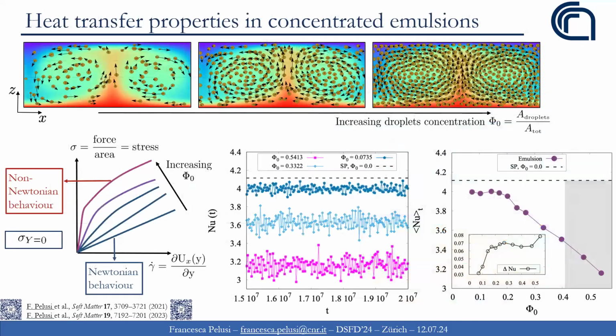Okay. So in our previous work, what we investigated as a first analysis was the Nusselt number as a function of time at fixed applied buoyancy and changing the droplet concentration. And what we observed mainly is that when you reach a steady state or stationary behavior, then the average value of the Nusselt number decreases as the droplet concentration increases. And at the same time, the fluctuation of the Nusselt number increases as well. So the origin of this fluctuation has been deeply investigated in these two works,